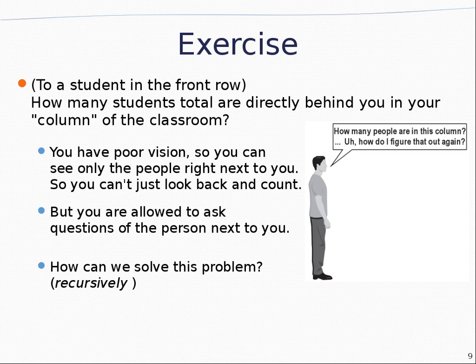So what he can do is say, okay, I'm one, but then ask the person behind him, how many are in your row? Well, Tyler could say, I'm one, but I have someone behind me. So then he could ask the next person, who says, I'm one, and I have no one behind me. So then you could say there's one in total. Then you tell Tyler I'm one in total, and Tyler could say, well, I'm one plus one behind me, so that's two. And then you could say, well, I'm one, and there's two behind me, so I'm one plus two is three. Do you see how it kind of just recursively went down and then back up?